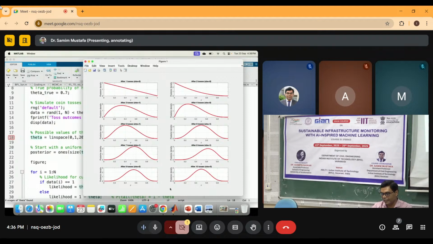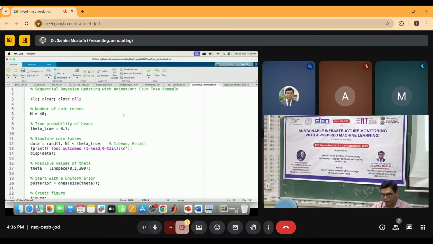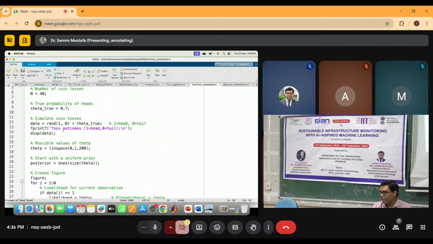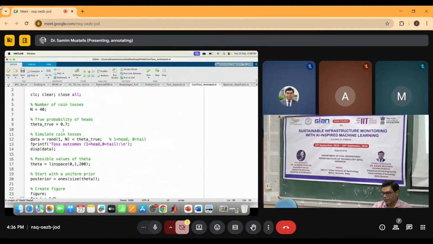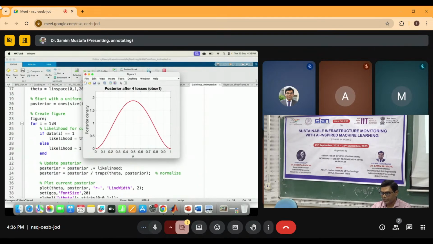Then I will show another thing. Is there a problem? Yes, similar, that's great. Then I have written another code where I have run this for n equals 40. You can also write the same thing. This just animates the outcome, how it changes for each iteration. So if I run this, you see